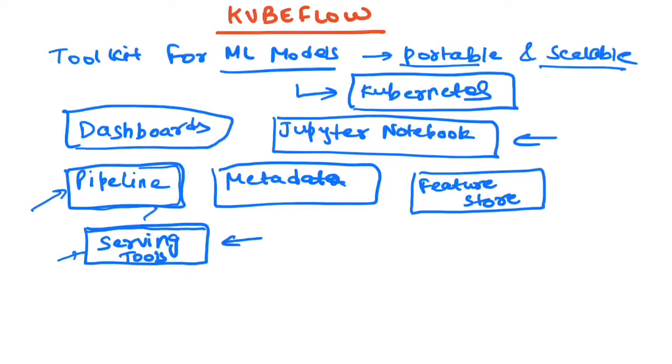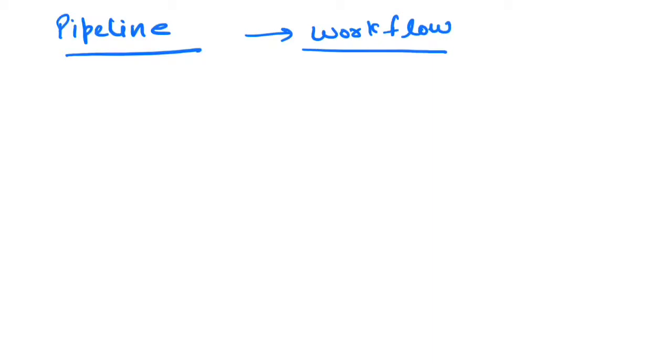Now, in terms of the pipeline, I'll give you some more concepts about what your pipeline consists of. A pipeline in itself you can think of as a workflow, and a workflow can consist of different stages, starting from your experiment. Let's say you start with the experiment, where you do different things. You extract the data, you do the data transformation, you do data pre-processing, then the experiment stage gets converted into a model.